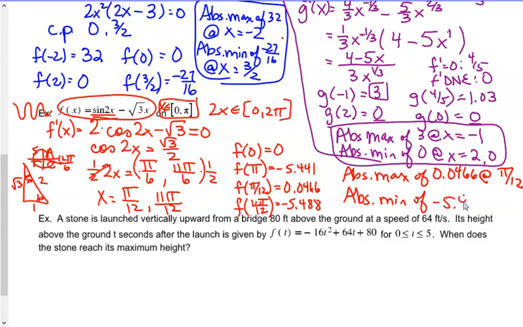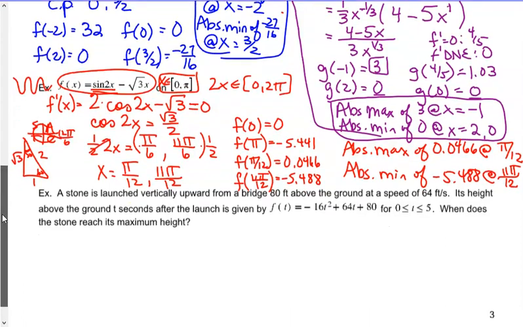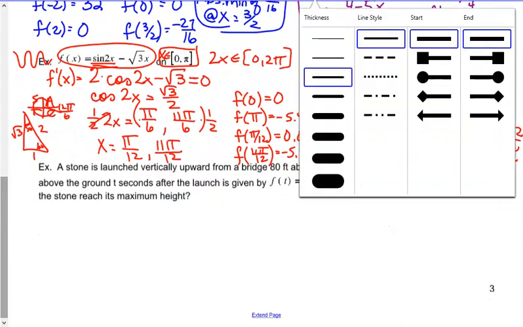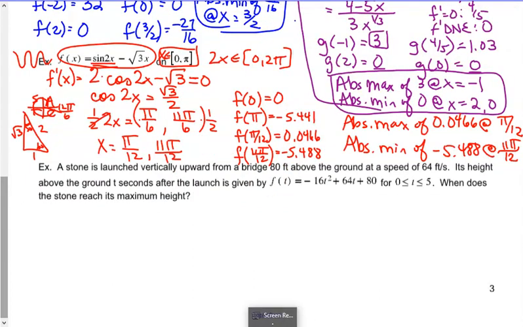But that's how you do those. And I know they are a little bit drawn out. You do have to know and master those derivatives a little bit to be successful at finding your critical points and then plugging in the endpoints as well to find out the absolute max and min. Okay? All right, our final example in this long first section of chapter 4 is a projectile motion one